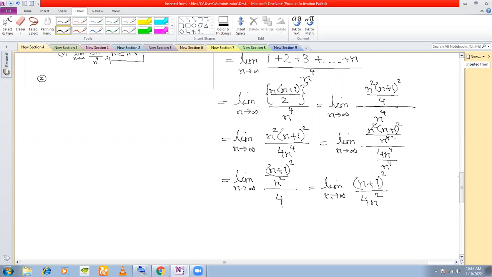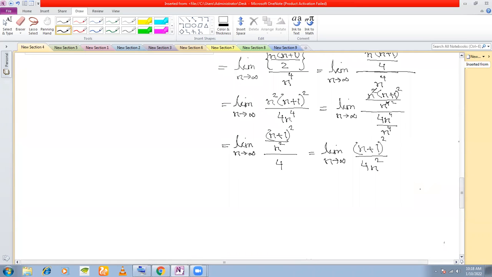Now again a rational polynomial function, right? The highest power in the numerator is 2 and the highest power in the denominator is also 2. So you divide numerator and denominator by n square. So (n plus 1) square by n square divided by 4n square by n square, right? So what are you left with? Limit n tends to infinity, you have (n plus 1) by n square, and in the denominator you are only left with 4,